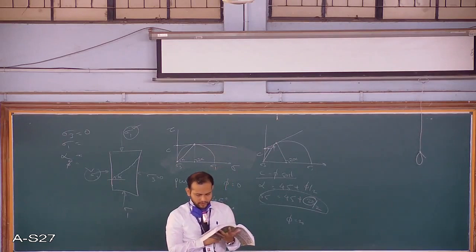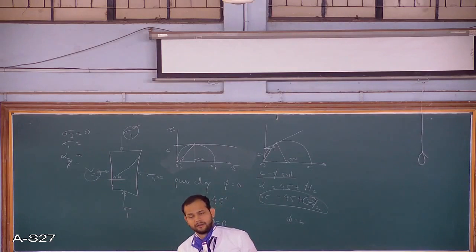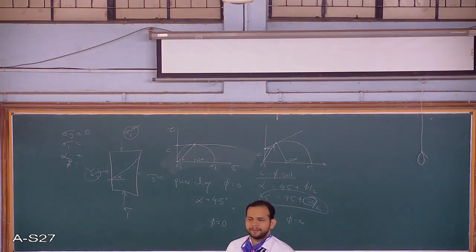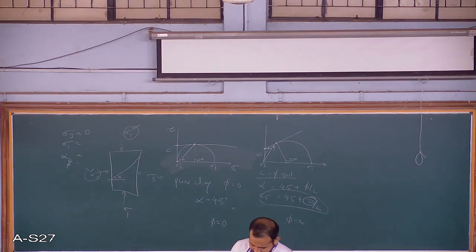A cylinder of soil fails under an axial vertical stress. A cylinder of soil, that means the shape of that sample is cylindrical. Under an axial vertical stress. Axial means along its axis, vertical axis, and the stress is 160 kPa. So what value have they given you? Sigma 1. Okay. When it is laterally unconfined, so which test is it? Same test. Laterally unconfined means it is the unconfined compression test.